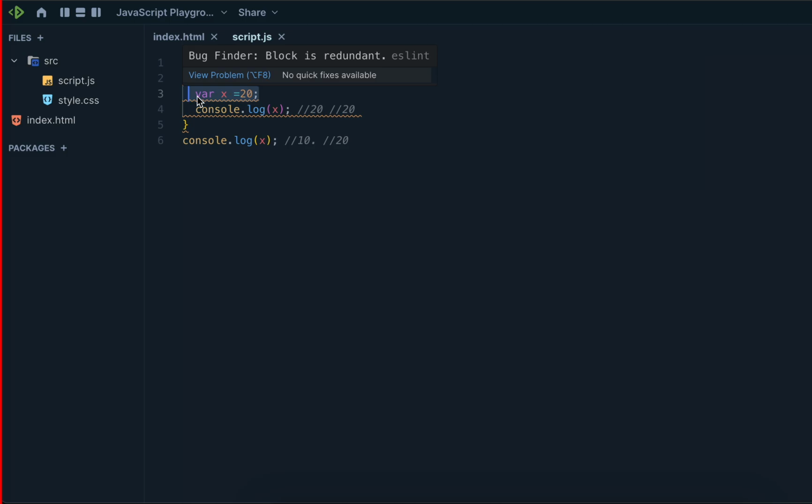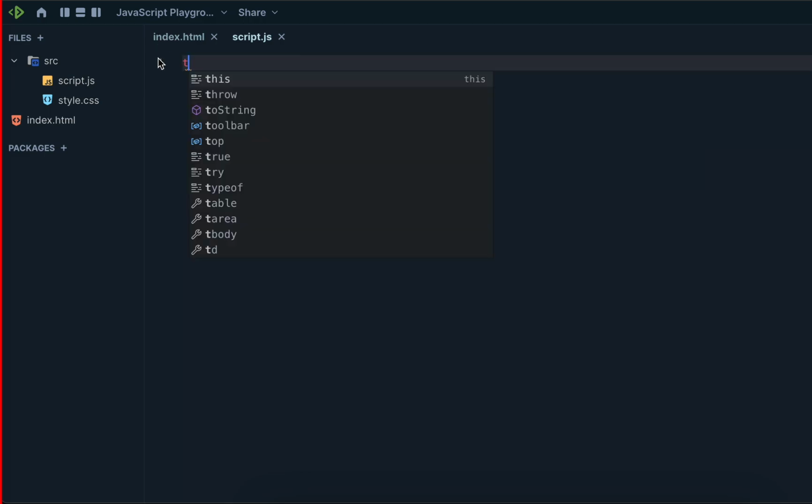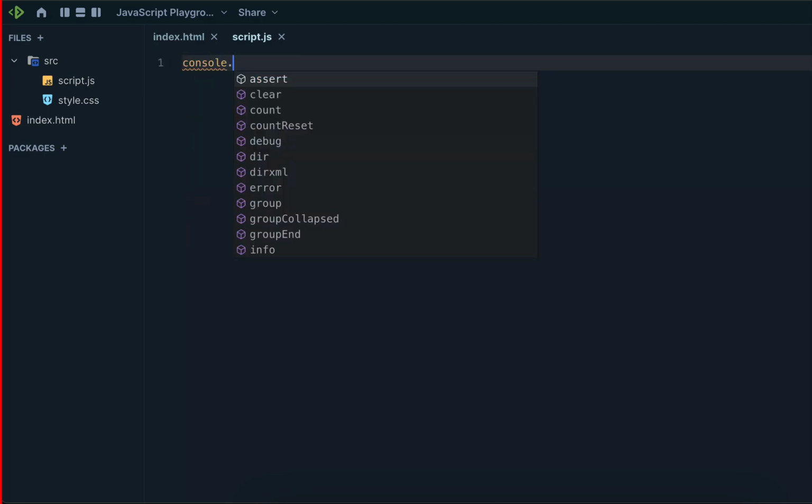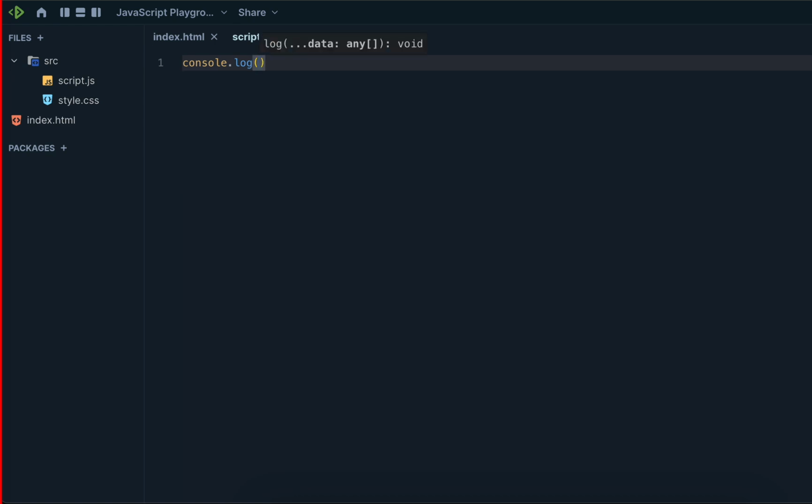Next I'll ask something regarding console.log, the type of 1. What is the type of 1?